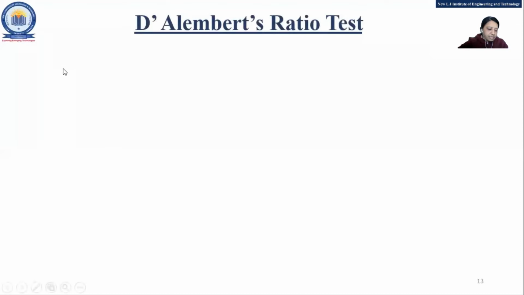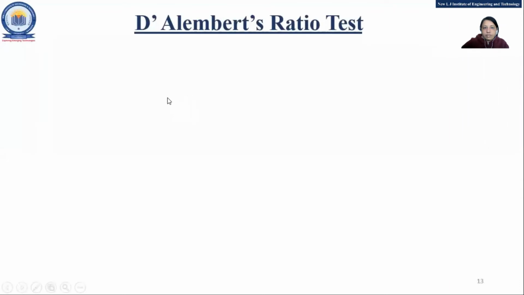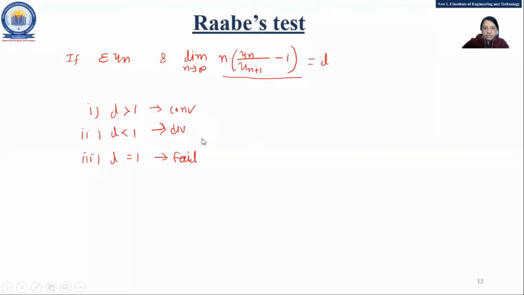So the example is, test the convergence of the series, that I am not writing, that is the default one, right? So your series would be, okay, why is it not, just a minute. Why, just a minute. Fine, okay. There is some problem in the pen tab, so we'll take some time. Fine. Okay.